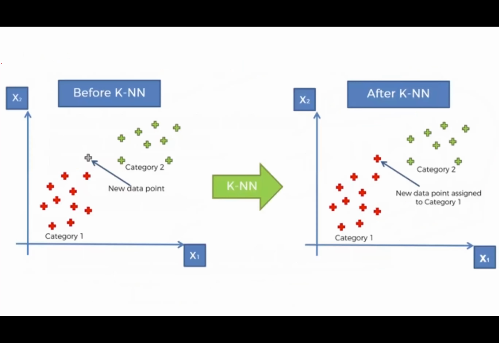Okay, so basically just an overview again of the same concept. This is the situation before KNN. I have my data points with two classes only, one is the red class, one is the green class. A new gray data point comes in. I want to classify this to fall in either the red category or the green category. After using KNN, I'm able to do this based on the number of neighbors that I choose, right? It looks like it is closer to the red class. So even if I take 2, 3, 4, or 5 nearest neighbors, it will still fall into the red class,